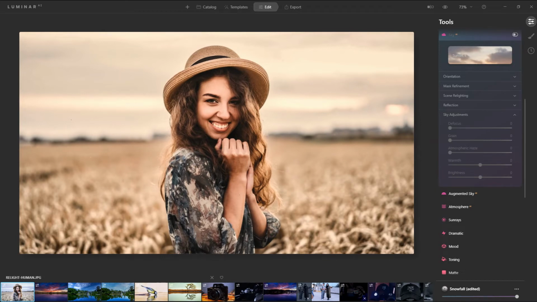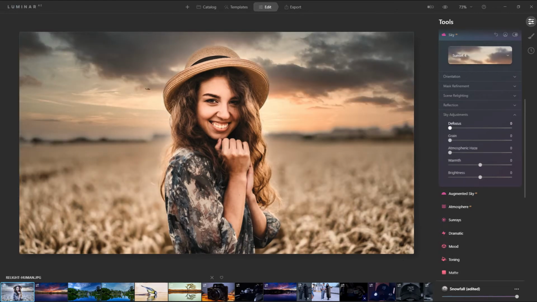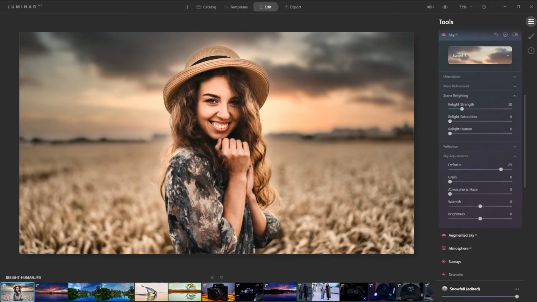I'm presuming they're using something like f2, maybe 1.8, that kind of aperture. So I want to match that in terms of the sky. So we're going to blur the sky out to match the depth of field. That looks pretty good.